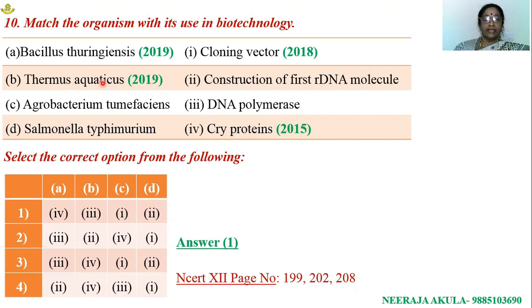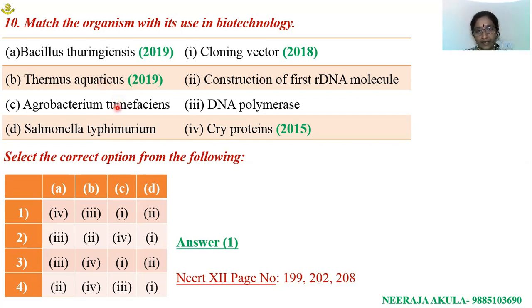Thermus aquaticus is an organism which is extensively used in biotechnology. It is thermostable in nature. The Taq polymerase enzyme, which is collected right from this organism, is used in polymerase chain reaction. Normally, any type of enzyme, if the temperature is increased, undergoes denaturation. But Taq polymerase enzyme can withstand a high range of temperature fluctuations. That is the reason it gains its significance in biotechnology.